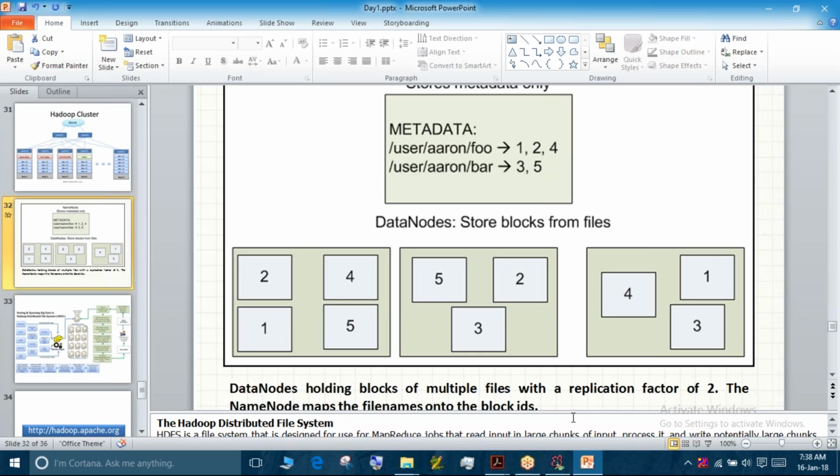So your name node is not storing any data. That is why most of the time we say data nodes are the physical workhorses. They actually store the data, they actually process the data. But it may look like the name node has stored the data and the job tracker is processing the data. No, the name node is